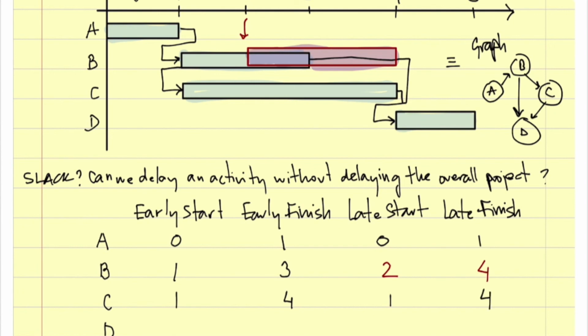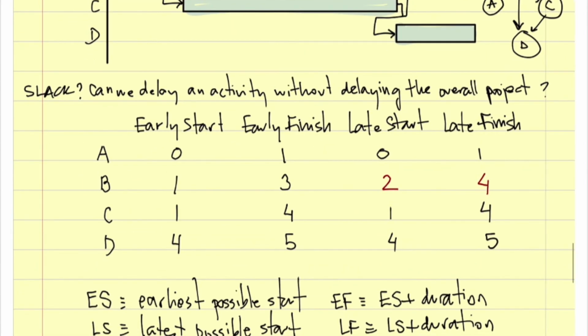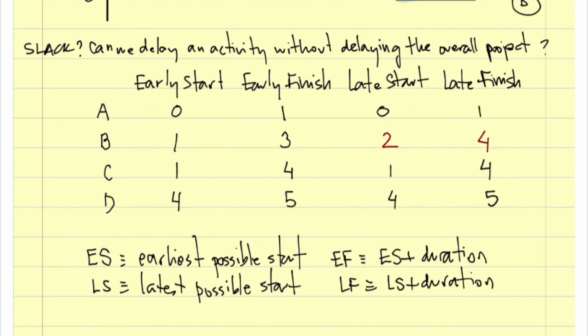So the early start of D is 4. The early finish for D is 5. And I cannot delay D without delaying the overall project, so 4 and 5. Okay, so it's fixed. So the slack is defined as late start minus early start, or similarly, late finish minus early finish. Okay, so if I put another column here,